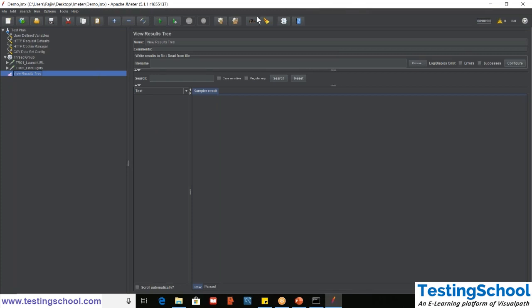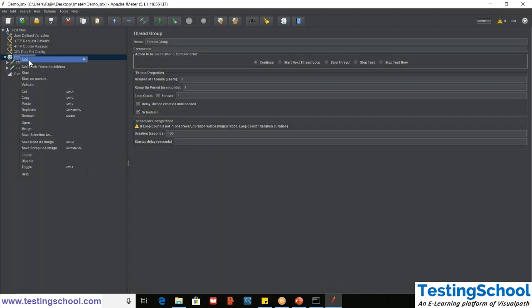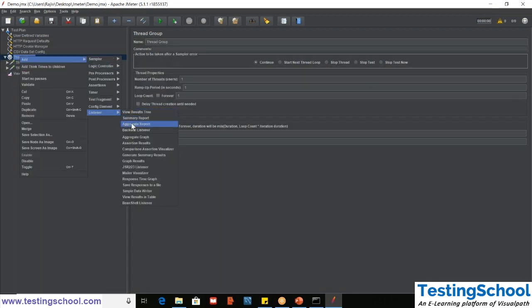But before that, we need to make sure that whatever we are running, the result should be stored in a proper way. Because if you directly run it, view result tree will collect all the data. But if you want to analyze it later, you won't find it. So that's why I will add one more listener over here, that is aggregate report,